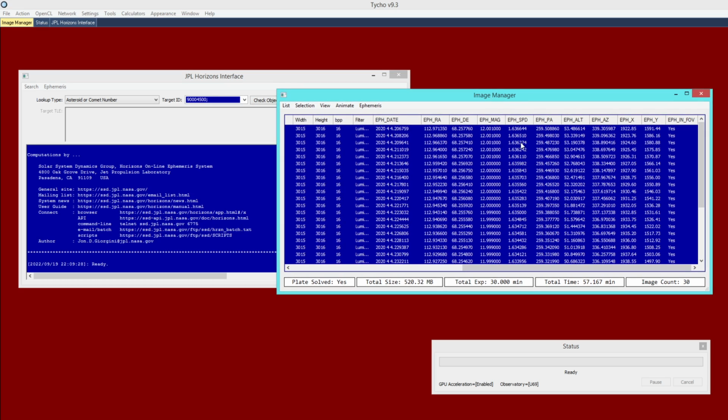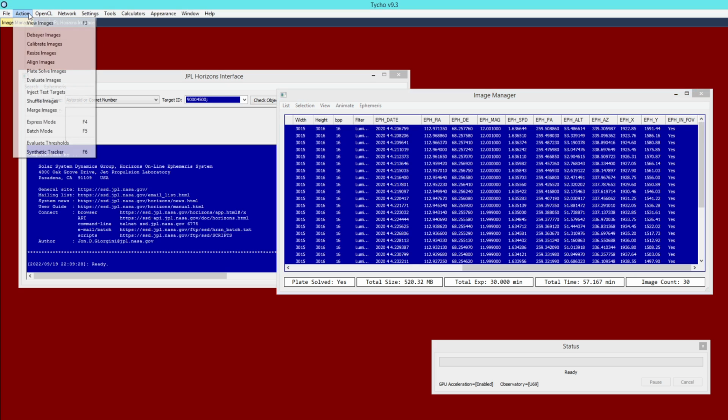For example, every single image now has the right ascension and declination of that object, and consequently, because the images have been plate solved, they also have the X and Y coordinates as well. And from that, it can deduce whether or not the object is within the field of view for every single image. So to verify that, we can go to the image viewer,